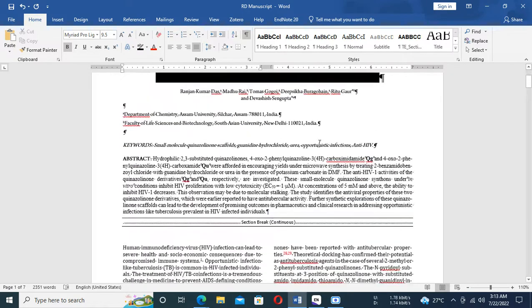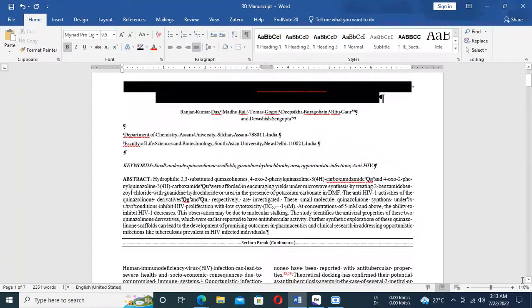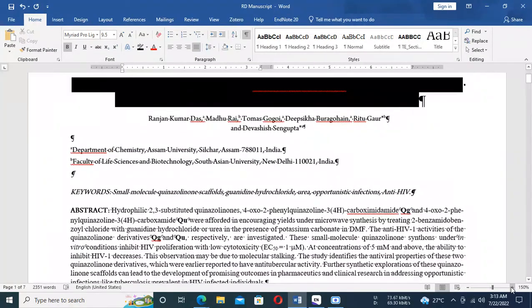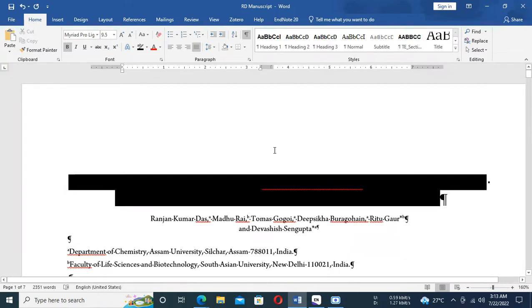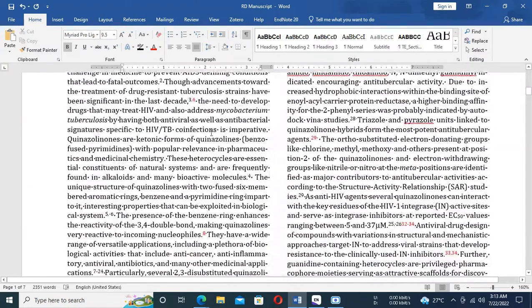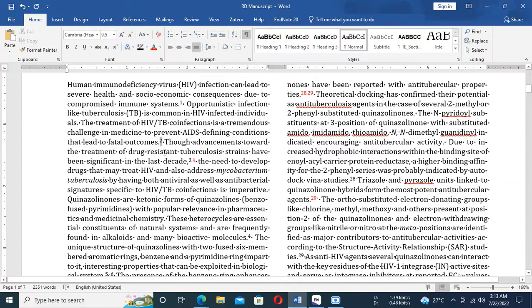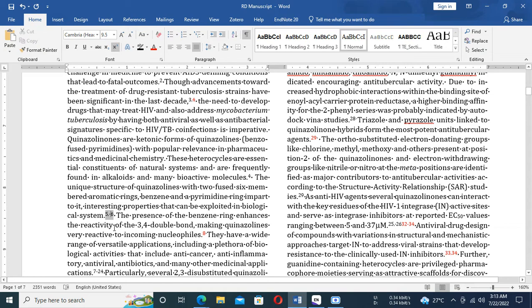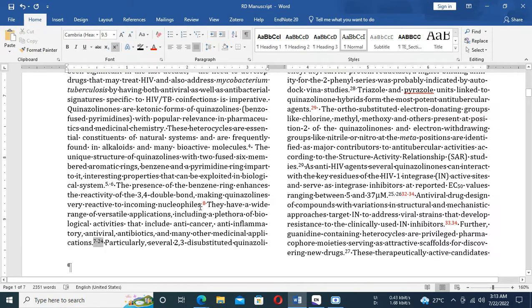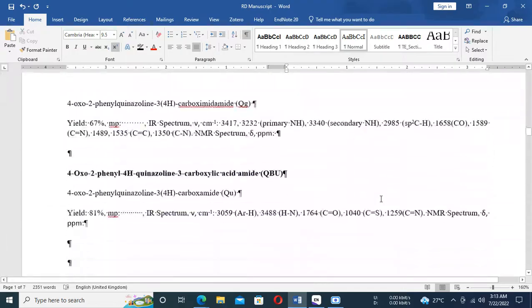Now, I have a document open here. Let me increase the font size for better view. Okay. So I have a document open here in which certain references have been inserted through EndNote. These references, as you can see, are highlighted in this grayish color once I place the cursor on them. So these are references which are already present in the document and I want to import these into an EndNote library in my system. So what I'm gonna do